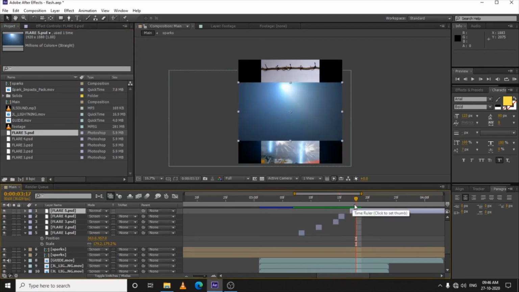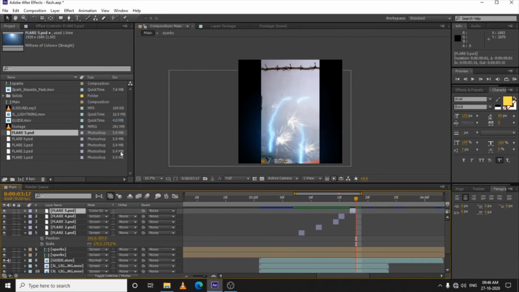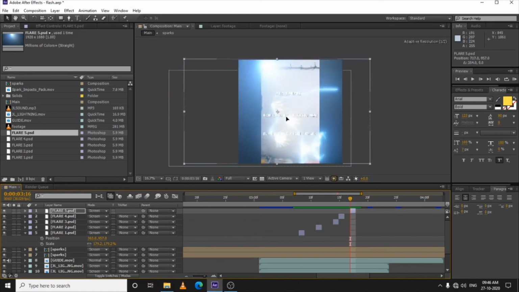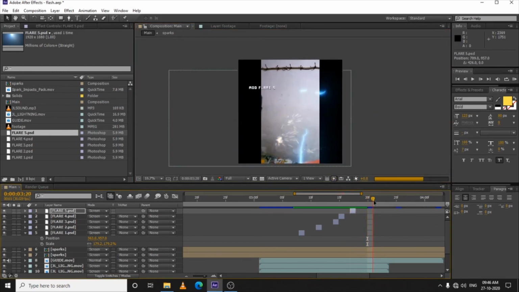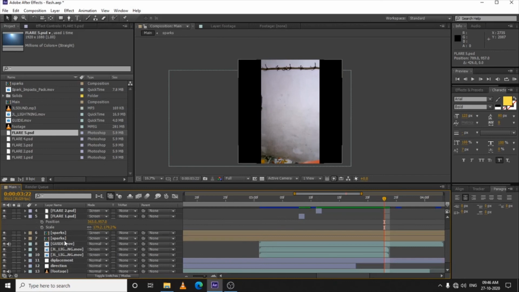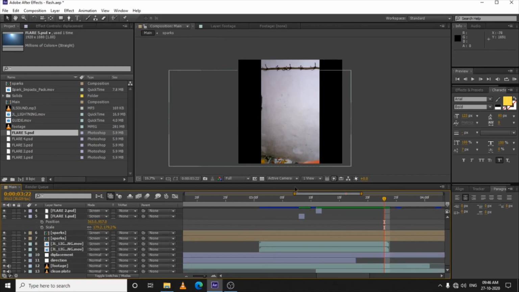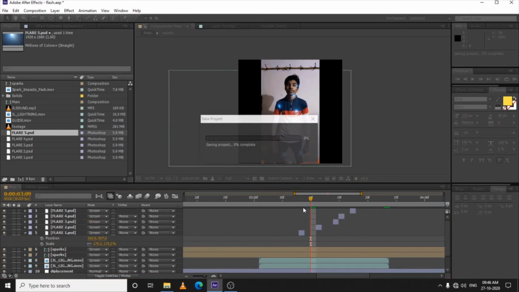Page Down, let's make it one frame only, screen, select the position and scale, Ctrl C, Ctrl V, and let's just drag this again inside your composition. So I think we are done here. So everything is done, so you can delete the guide, and at the end hit Ctrl S.